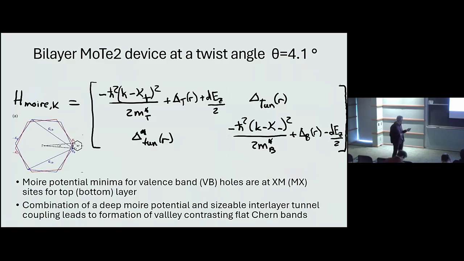Okay. So now the Hamiltonian is nice. We have this tunnel coupling between the layers. There's a moire potential for the top and bottom layers that is displaced, but otherwise identical because of the symmetry in the system. And what is really essential is the fact that for the top layer, the minimum of the dispersion is at the k plus point, whereas for the bottom layer, it's at k minus point. And twist means there's a finite momentum difference.